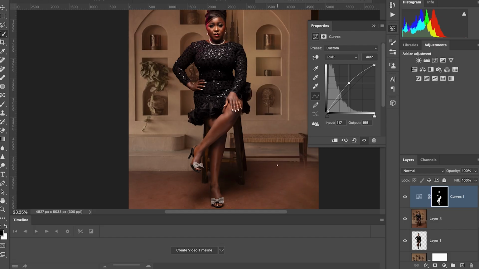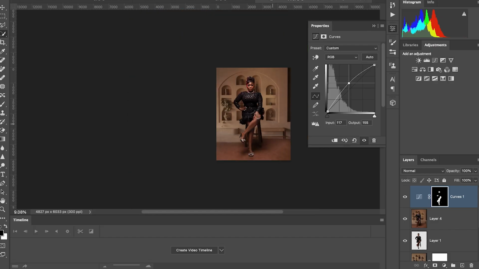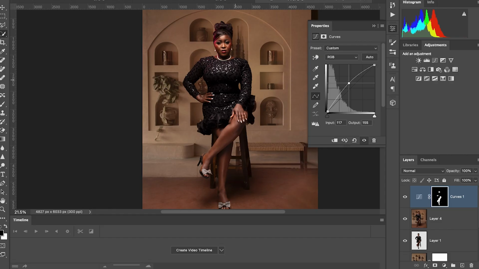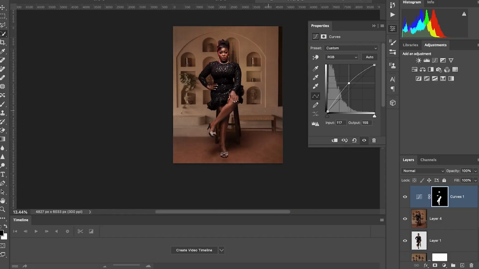All right, yeah, this is okay now. This is perfect. So the next thing we are going to do now is to create another layer. I've used this layer to do a lot of things, right? The hair, the liquify, her waist and all of that. This is also the same layer that I used for adding more light to her skin, right? So I'm going to create another layer now